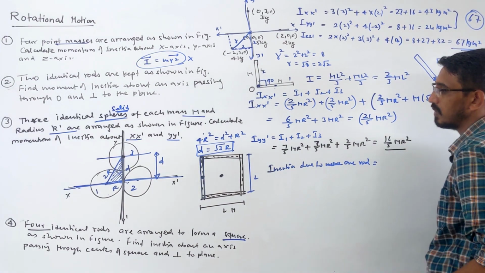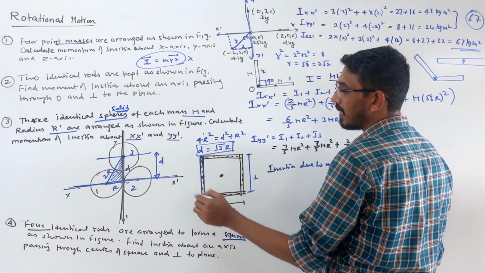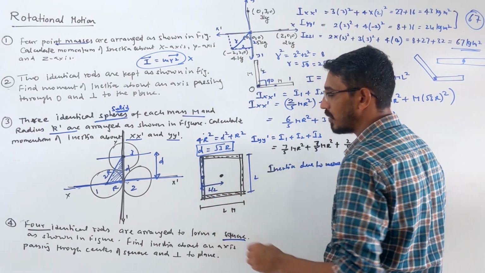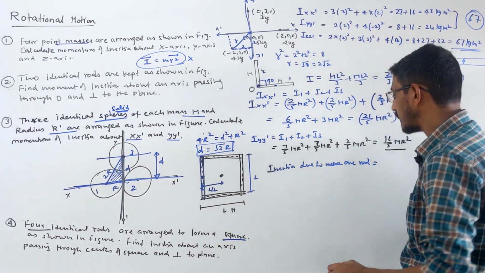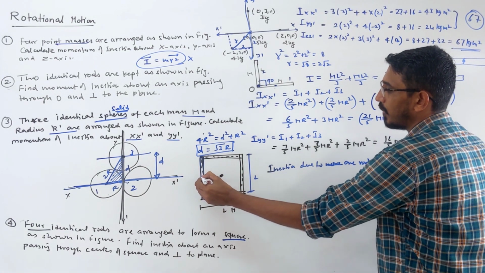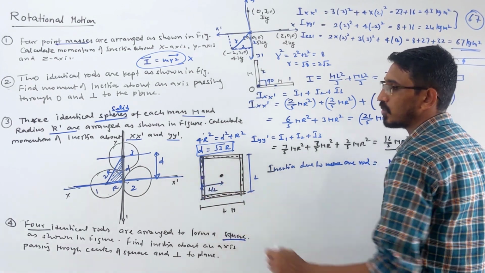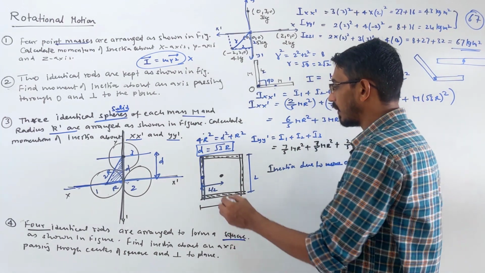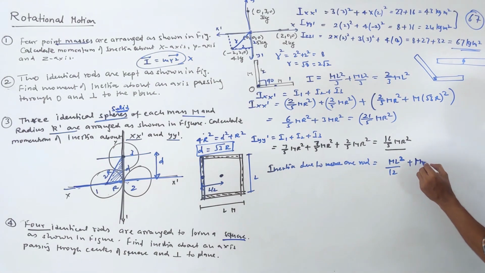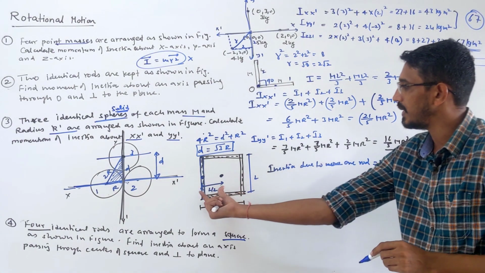Then how much does it become? So what is the inertia about this point? ml square by 12. Then we need that distance to apply the parallel axis theorem, that becomes simply L by 2, d, right? So what's the inertia due to one rod? ml square by 12. That's simply the inertia about this point, the middle point of the rod. Suppose you rotate the rod about that point. In reality, we are rotating about this point, spinning about this point. So plus md square. What is d? L by 2 square. That's d.